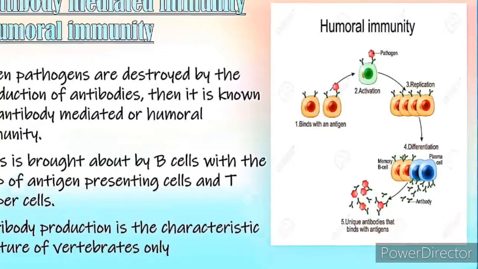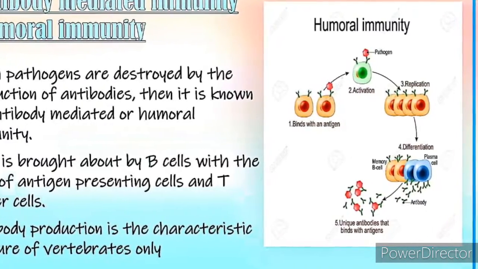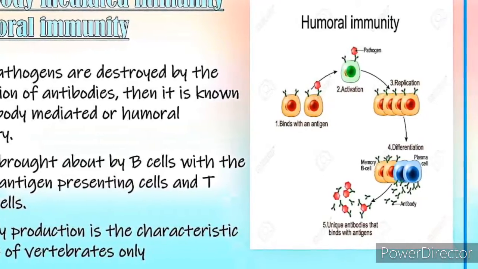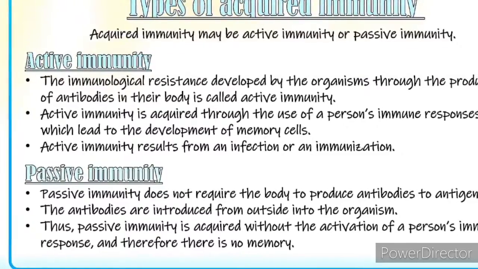B cells and T helper cells come under this. They produce antibody to kill the pathogen. Next, types of acquired immunity: